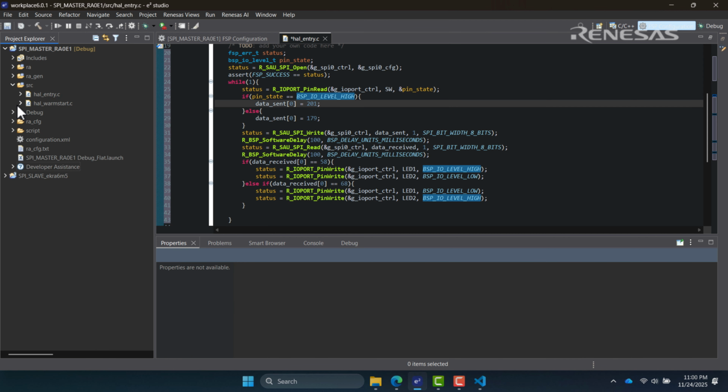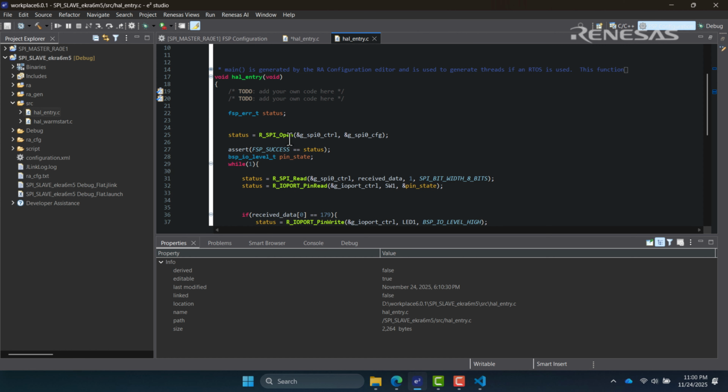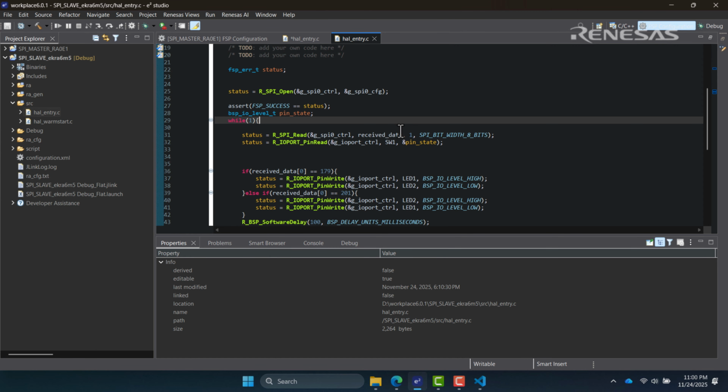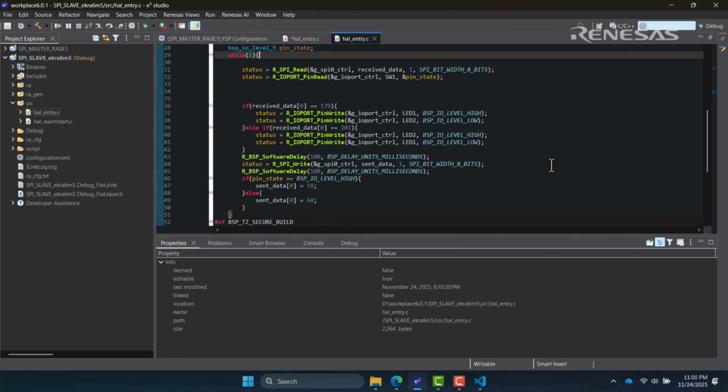Now I'll show you the slave device code, which is quite similar to the master code. Inside the while one loop, we first read data from SPI. Then we read the state of the onboard user switch. Based on the data received from SPI, we turn the onboard user LED on or off. After that, depending on the state of the onboard user switch, we update the data that will be sent back